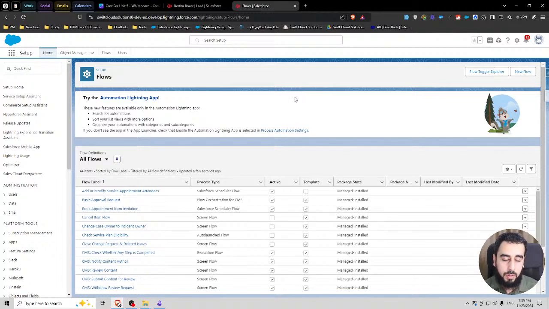If you're going to run it from a list view, then you might be sending record IDs. If you're running it from a page, then you might be passing the record ID of the record detail. If you're running it on an Experience Cloud page, on a home page, for example, or on a home page on a Lightning page, then you don't have record IDs, you just have to query whatever records you need. So it's important to know ahead of time where the screen flow is going to live. Let's go ahead and start that screen flow.